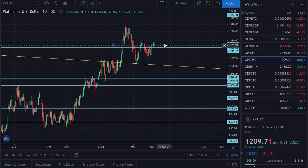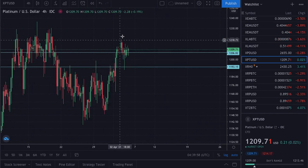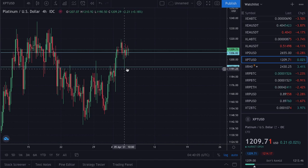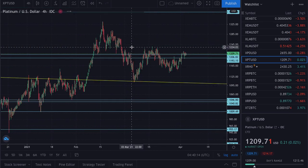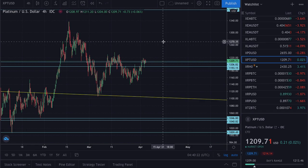And I had these couple of lines drawn in previously, and if we take a look at this on the 4-hour, what you're going to see is we broke above that 1,220, and there's a pretty clear support level at around this line, at about $1,200, $1,195, something like that. I am pretty confident at the moment. Again, I'll stick to last week's, more confident that we are going to be continuing up